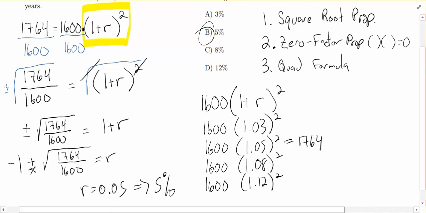Now, the danger of going that route, obviously besides making errors, is a lot of times the final answer is rounded, so you're not going to get exactly that 1764. But if you use this approach in any problem, just realize that if you come really close to it, there's a good chance that you're close because